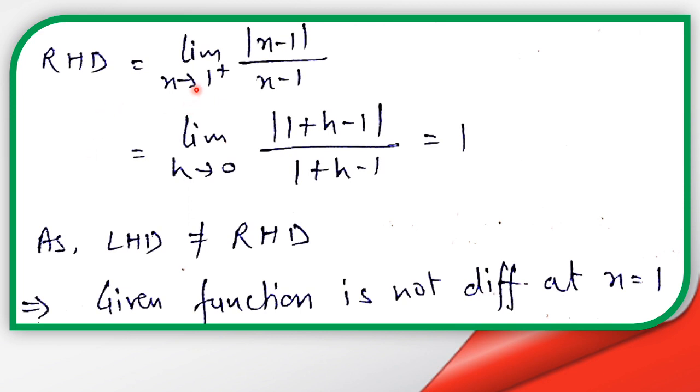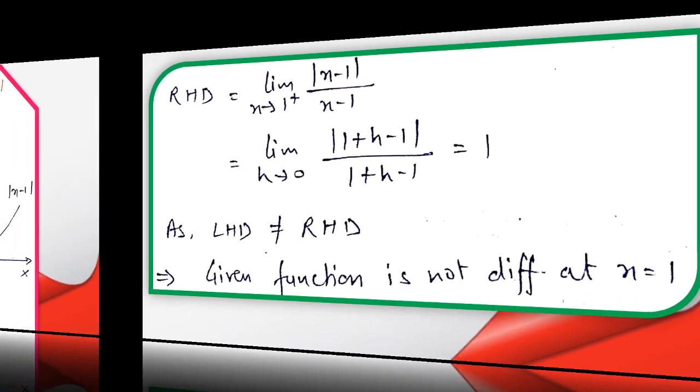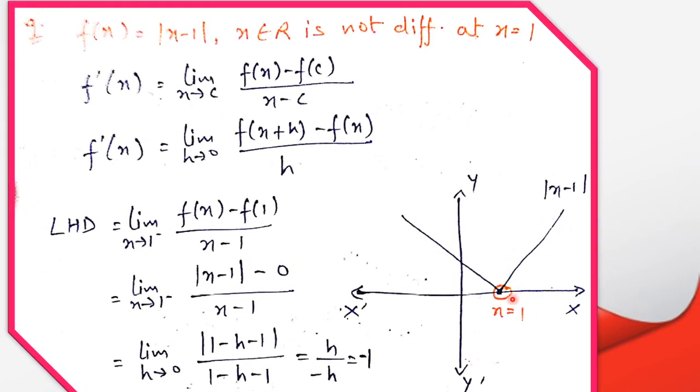Now right hand derivative, limit x tends to 1 plus. Same way, now we will replace with 1 plus h, and we are getting 1. Left hand derivative is not equal to right hand derivative. It means the given function is not differentiable at x equal to 1. Or otherwise, if you look at the graph, students, here at x equal to 1, how can we draw the tangent? And please always keep in mind that function is not differentiable at any sharp point, right? This is a corner sharp point, so it is definitely not differentiable here.